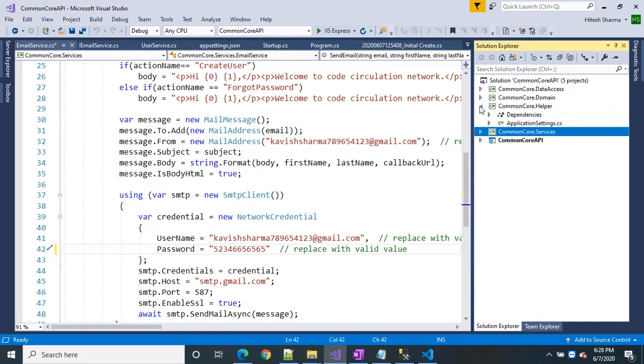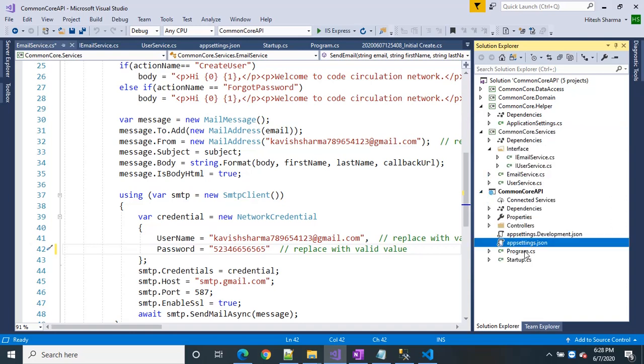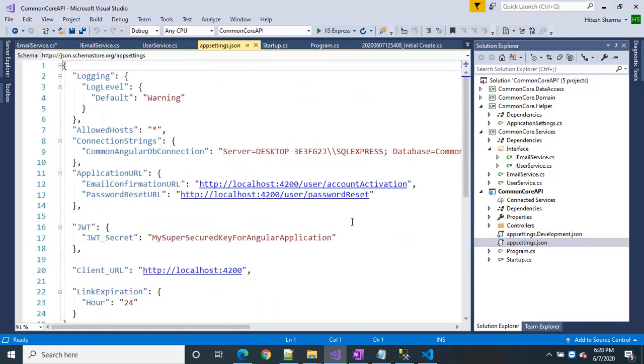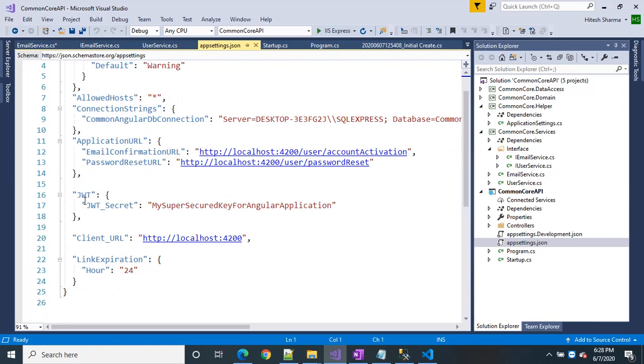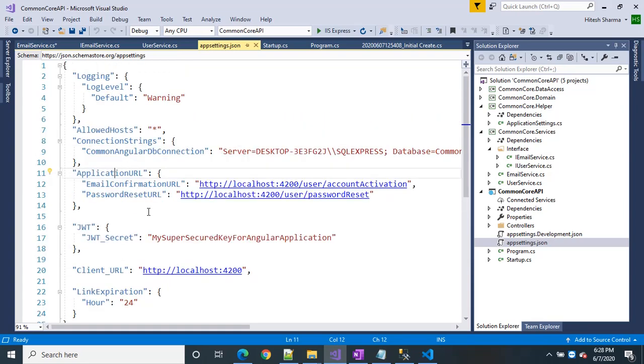This is the helper library, used to access the configuration in any layer. Let's say, for example, appsettings.json. Appsettings.json has different types of configuration, meaning JWT secret, client URL, link expiration, application URL, and there are different requirements where we need to access this configuration in different layers.